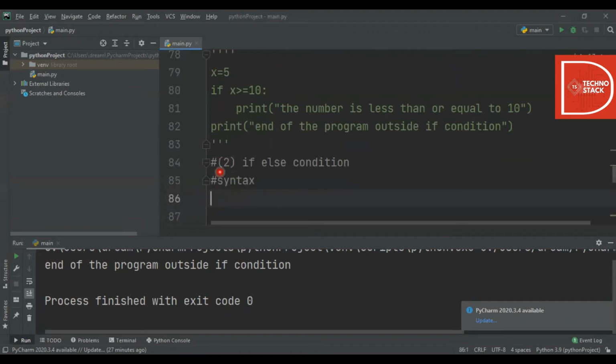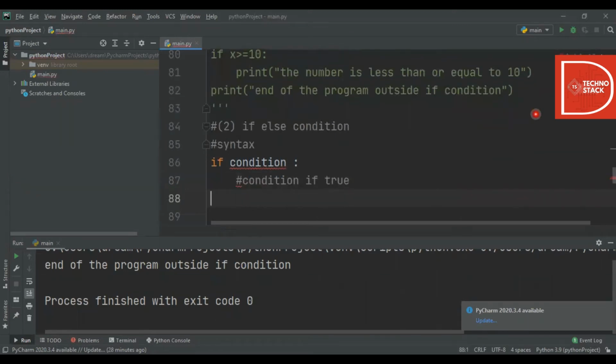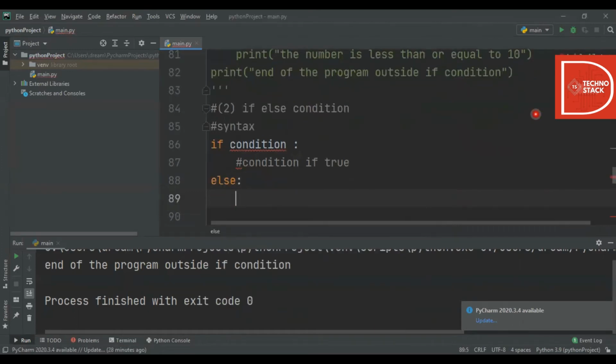I'll keep everything in the comments so that it's formatted in the comments. So if you need to make any notes, you can make them easily. So how the if else condition works over here is, you type if, and then you put a condition, and without fail, you put a colon, and then you put your statement over here. If the condition is true, the statement runs. Okay, then you put else, colon, and then